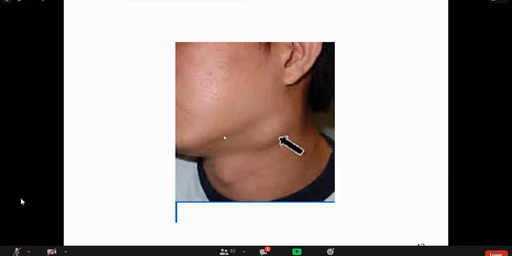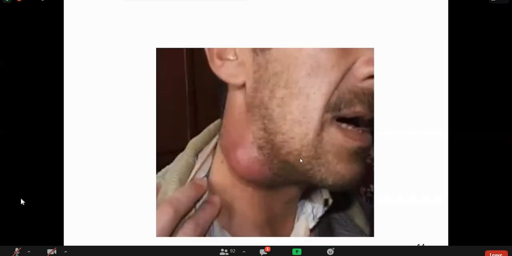Submandibular. This is the mandible, and this is just below the mandible. So, we are going to label it as submandibular. Okay. So, a very inflamed, erythematous, shiny and stretchy skin. And you can see the zone of inflammation starting from here, and it is extending up to the ear lobule. So it's really a big one.